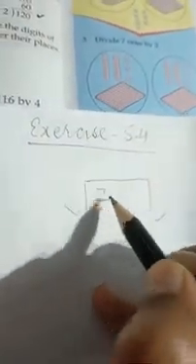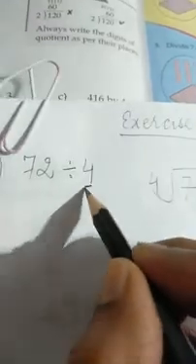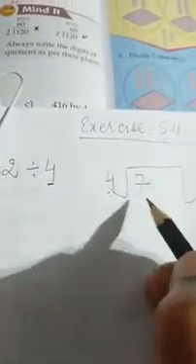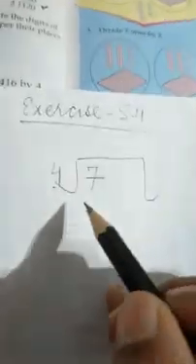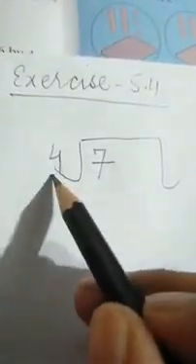Firstly, only one digit we will write, because here we have to divide by 4. So here we will write 4. 4 is only one digit. So here we will write firstly one digit. 72 में से हम सिर्फ one digit लिखेंगे पहले. Now firstly 7 will be divided by 4.